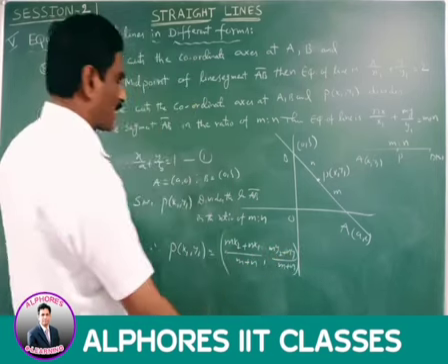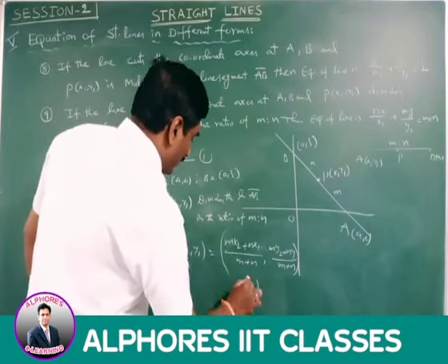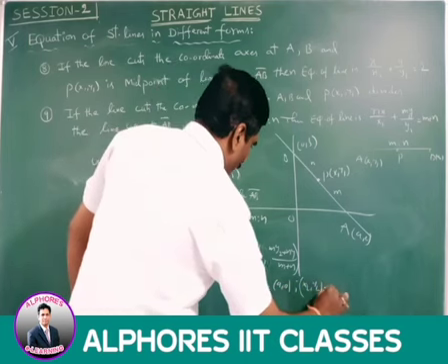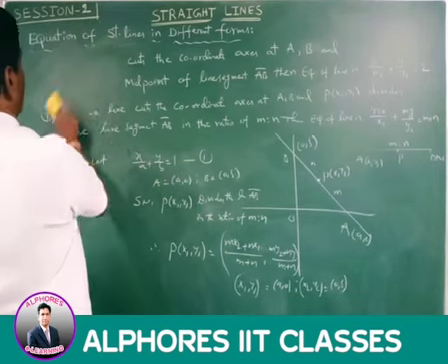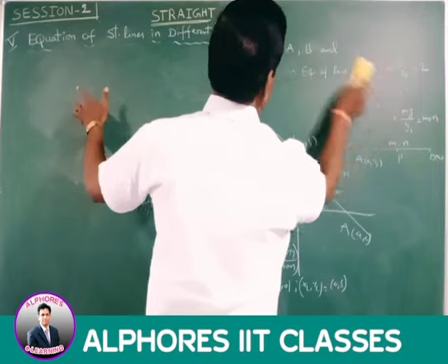Here the ratio is m:n. What are the points? A is (a, 0) and B is (0, b). By substituting these values in this equation,